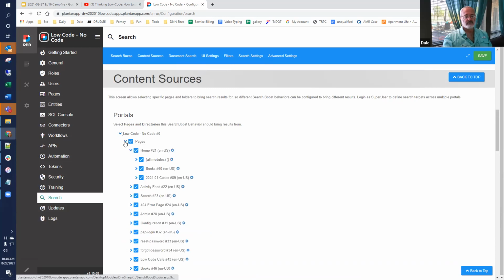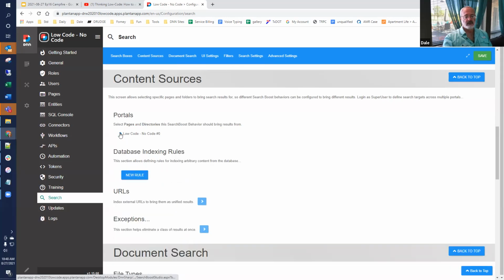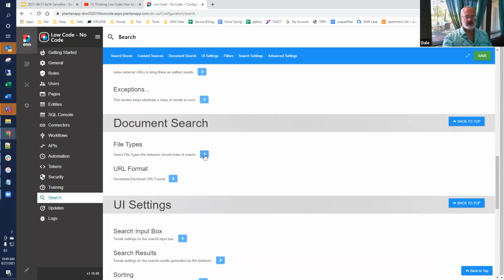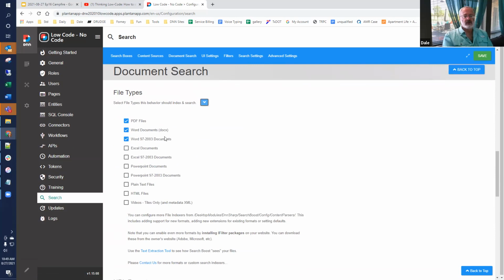Let's see. We're not doing any database indexing. We can talk about that one in a second, or URLs, but we are doing documents. And if we look at documents, we're getting all PDF and Word documents.